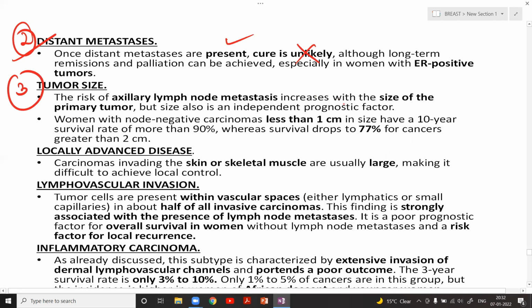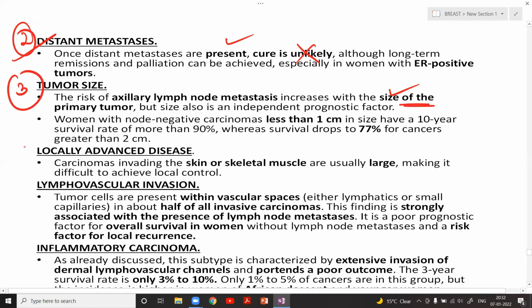So the risk of lymph node metastasis increases with the size of the primary tumor. Whenever you are doing a breast tumor FNAC, you are advised, looking at the size of the tumor, when you see a small mobile swelling, you usually do not go for axillary lymph node palpation. But if it's a big size tumor, and if it is a fixed tumor, you always go for axillary lymph node palpation, because if the nodes are palpable, then the staging increases.